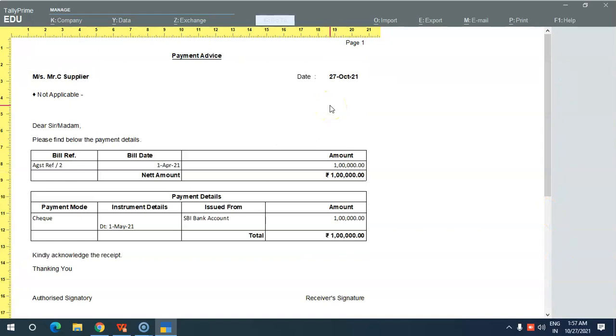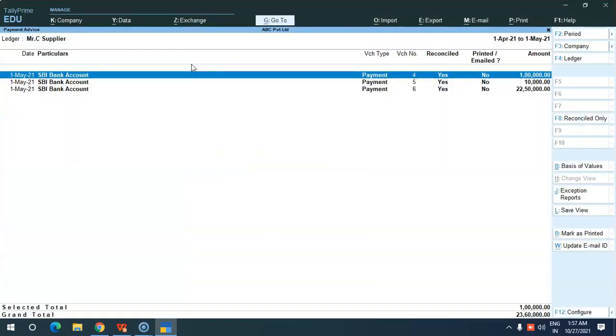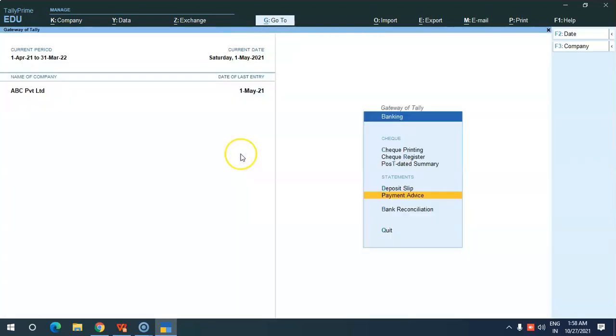If you are giving a check to a supplier or to any party, they won't have any doubt about what the payment is against which bill, because all the details will be coming over here in the payment advice. So once you are done with the payment voucher, you can take a printout and enclose the printout copy with the check you are giving. Okay, so this is the payment advice.